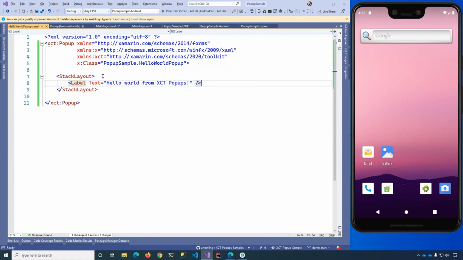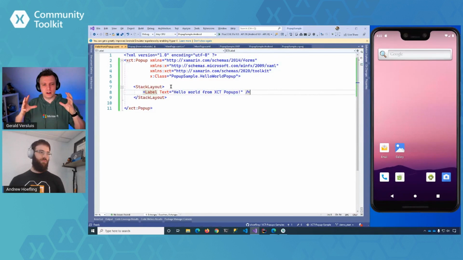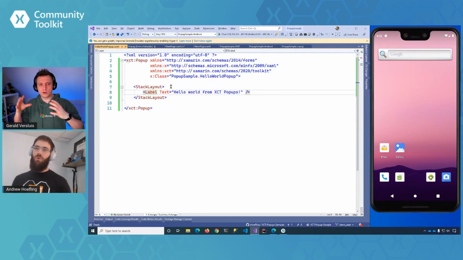So this pop-up thing, the XCT pop-up, is that just a content page, a content view? What the pop-ups are doing is it's rendering a native pop-up for Android, for iOS, for UWP. It's not doing a content page. Under the implementation details, it takes the XAML that you put in, and it generates the native control and then adds it into the native pop-up control.